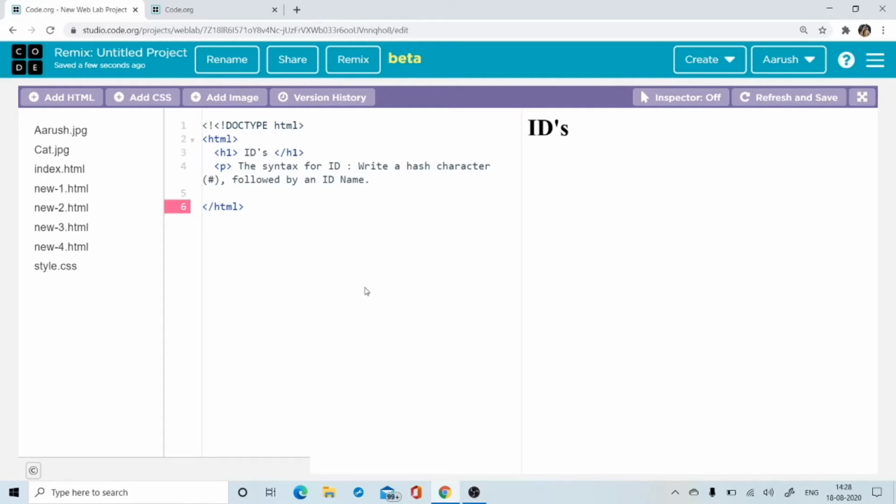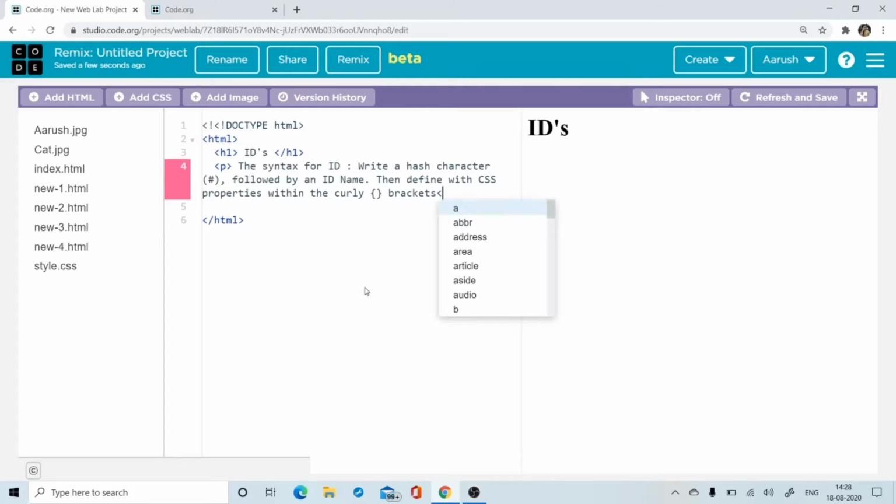Then that defines the CSS properties. So then you have to define the CSS properties within the curly brackets, right?